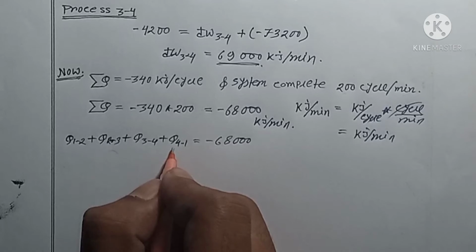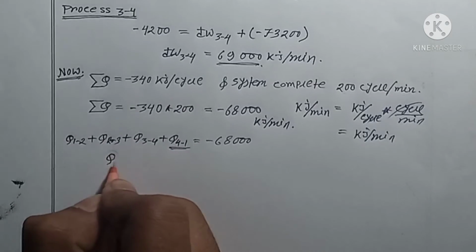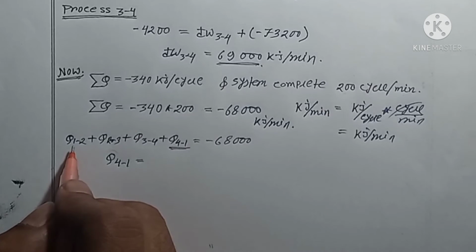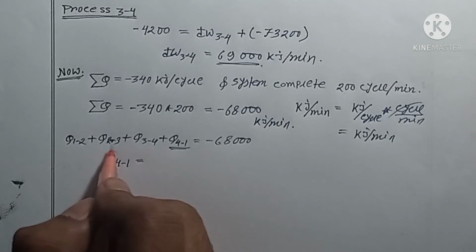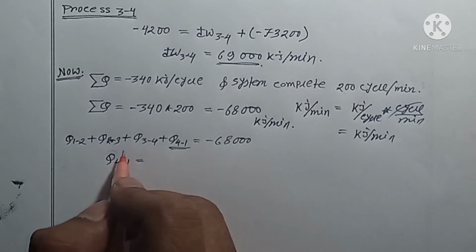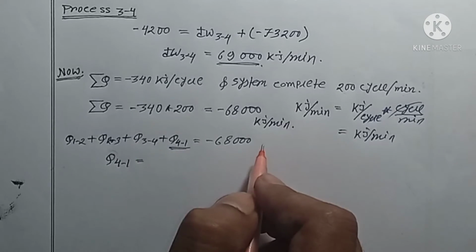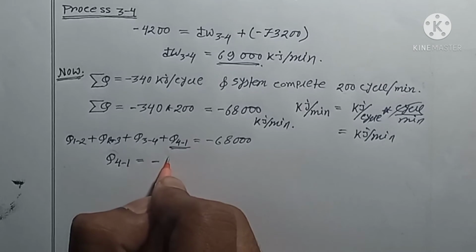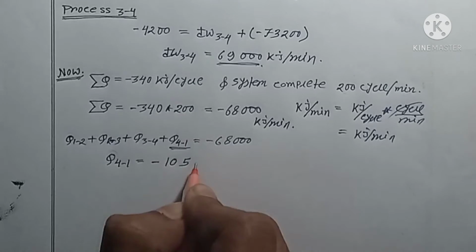So we just have to find out Q41, and easily we can find the value of Q41 from this equation. Just put the value of Q12, which is nothing but 0, Q23 is 42000, and Q34 is minus 4200. After putting those values and taking in the right hand side, you will get Q41 as minus 10580